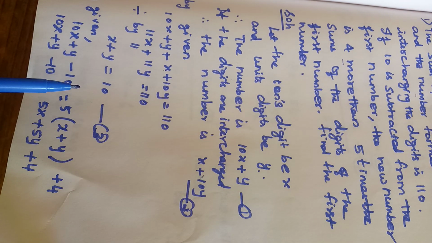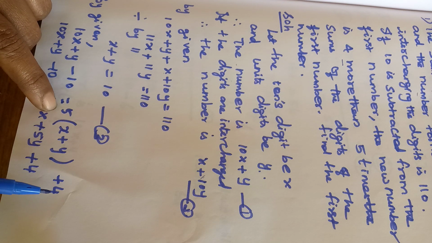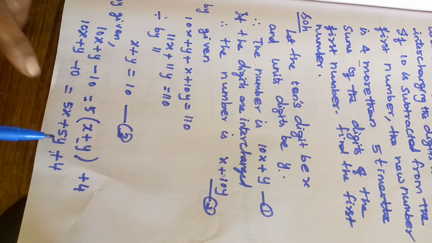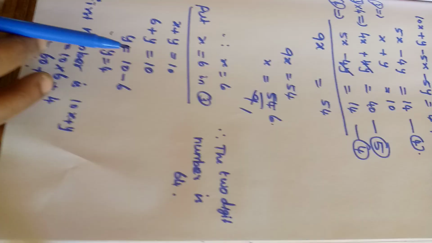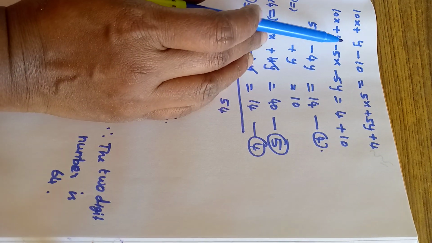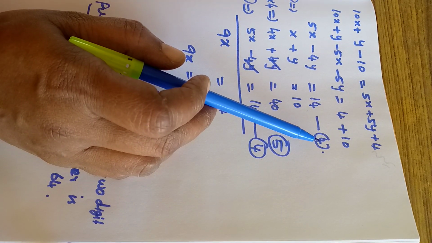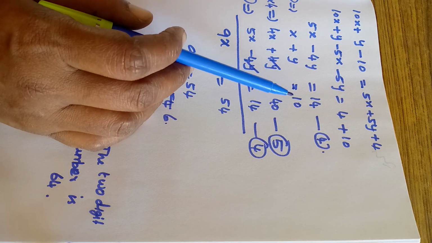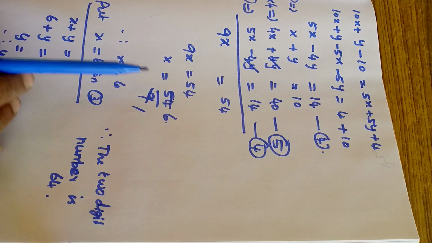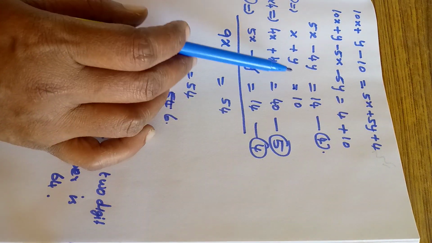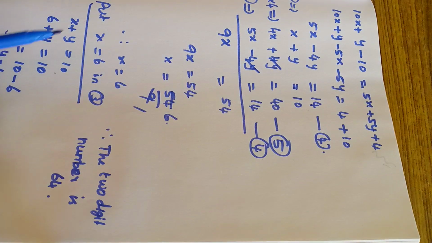So it is 10x plus y minus 10 is equal to 5 into x plus y plus 4, since more than means we add 4. Multiply and simplify, and you get 5x minus 4y equal to 14. From here, we give equation number 4. Now take the third equation. By solving, we can eliminate one value so that we get the x value or the y value. Here equation 3 we are multiplying by 4 so that we eliminate the y term, and we get the x value.